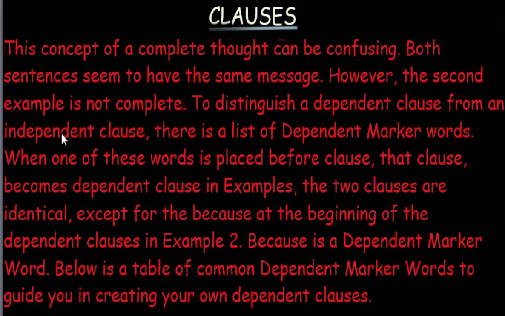In the examples, the two clauses are identical except for the because at the beginning of the dependent clause in example 2. Because it's a dependent marker word. So, for you to identify what a dependent clause is, there is something you must look out for, which is the dependent marker,